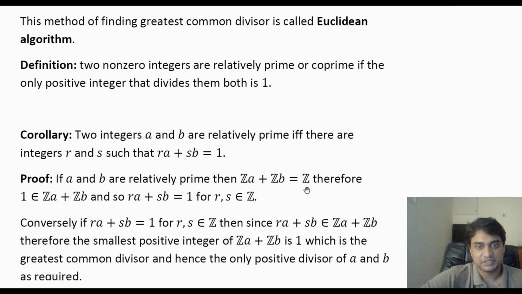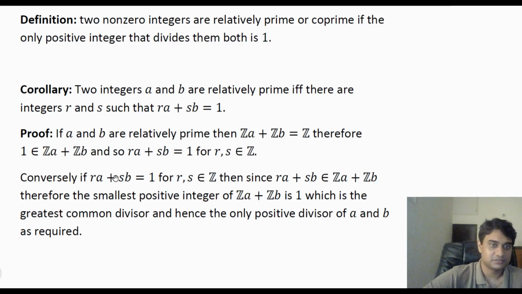And so Za plus Zb equals Z. And since Za plus Zb equals Z, 1 is an element of Za plus Zb, and if 1 is in Za plus Zb, we can write 1 as an integer combination of a and b, that is ra plus sb equals 1 for some integers r and s, right? So now the converse: if ra plus sb equals 1 for some integers r and s, then